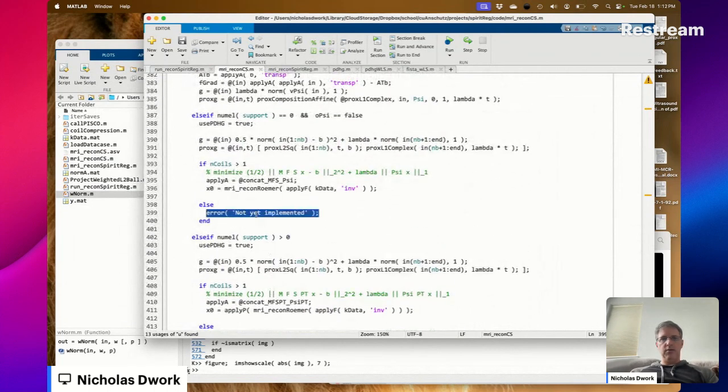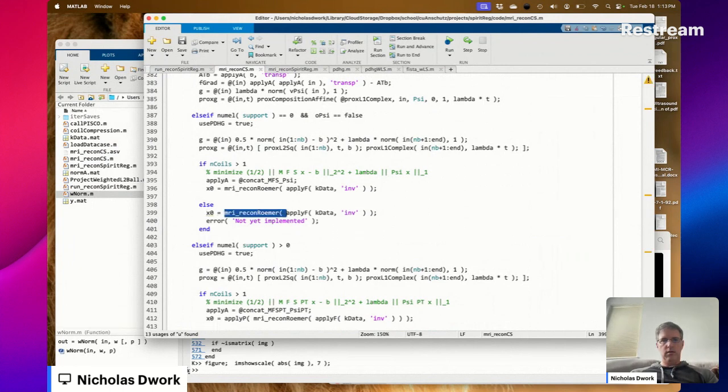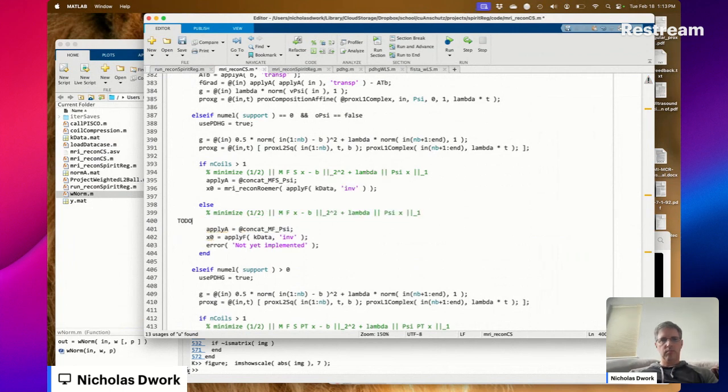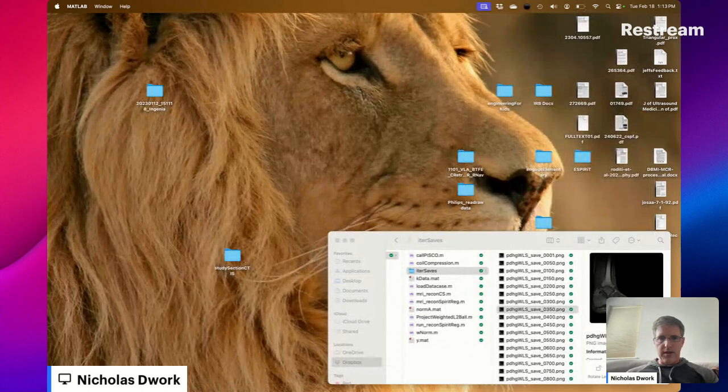Looks like we need, if n coil equals 1. We need this one. With that,